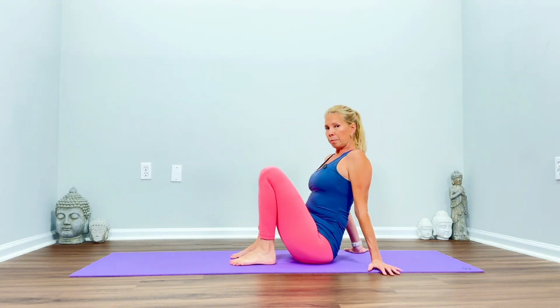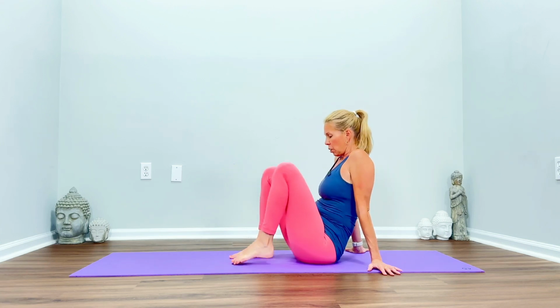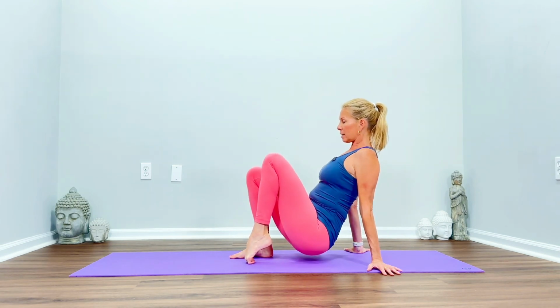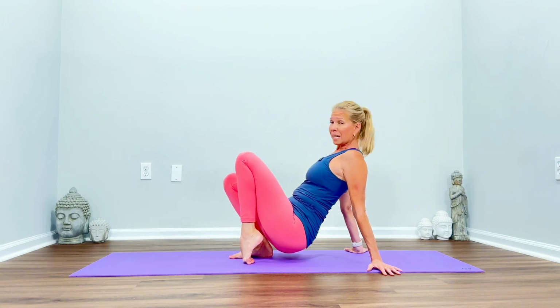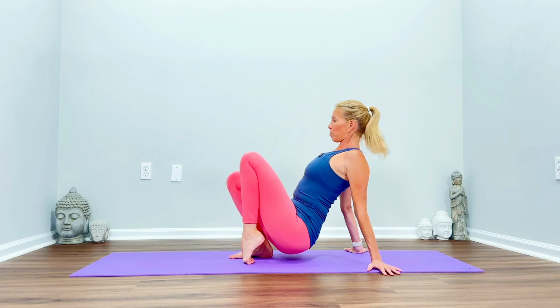Okay, so we're going to really focus on those toes again in a plantar flexed variation. So you're going to take the left toes and plantar flex. Lift the butt and shift your butt forward and really put weight into those toes and the top of the foot, all the way to the ankle joint. Keep that chest broad